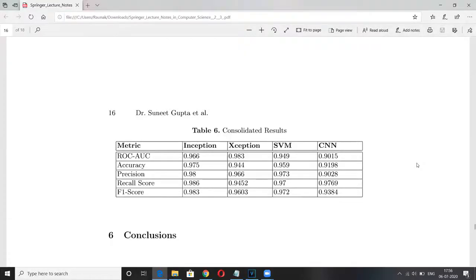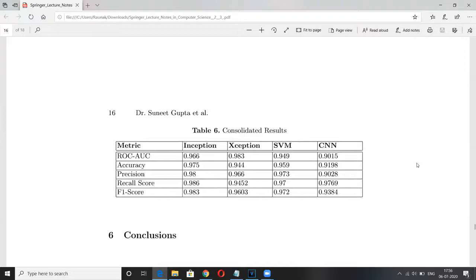So now moving over to the consolidated results, we use the scikit-learn metrics library in order to evaluate our trained models, and we can clearly see here that the Xception model outperforms every other model in terms of accuracy, precision, recall and F1 score.